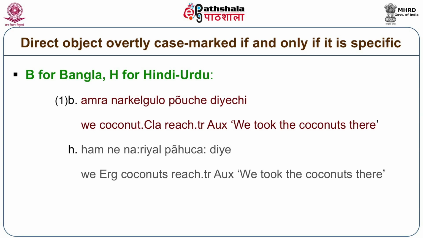All these sentences have the meaning, we took the coconuts there. So in Bangla you have a contrast between Amra narkel gulo, the coconuts, পৌঁছে দিয়েছি, versus আমরা নারকেলগুলোকে, with coconuts object marking, পৌঁছে দিয়েছি।